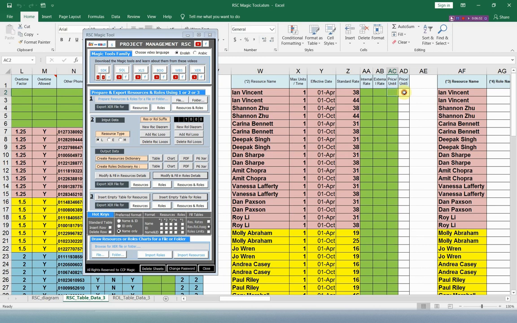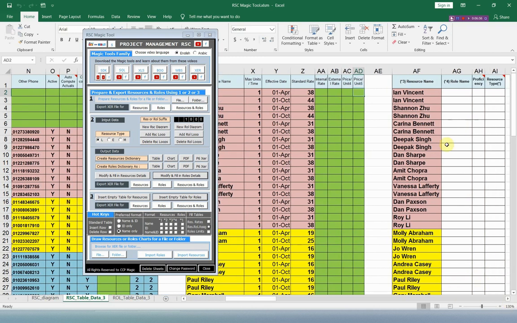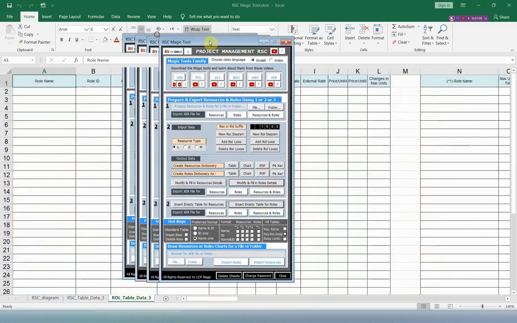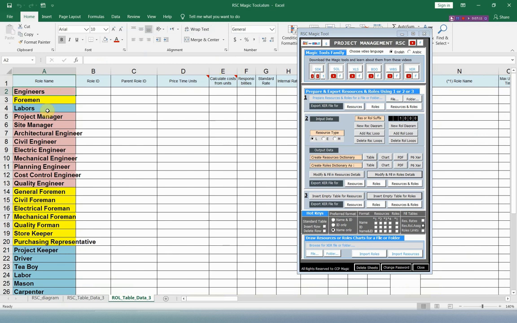If you have any data here, you can fill in this data. For the rules, we will use the rules in the rules table, and we will start with the rules table, and then we will fill in these rules here in the resources table. Let us go to the rules table, and we have these rules. For example,